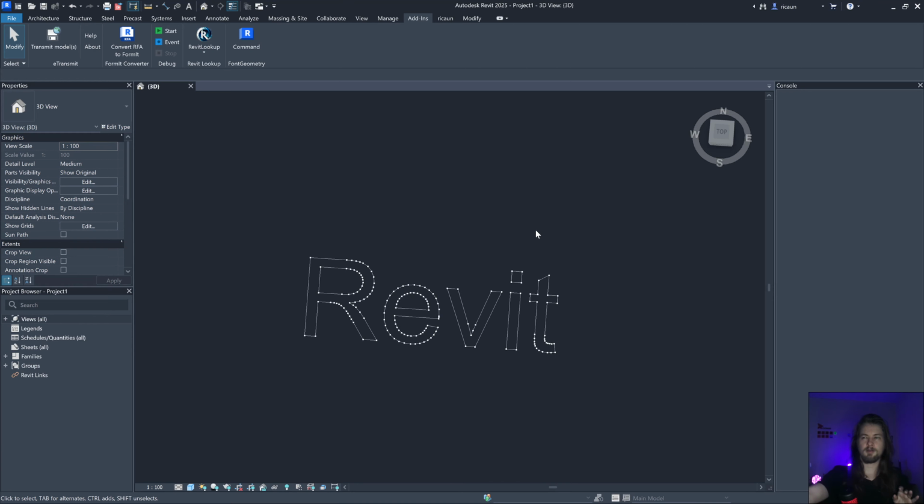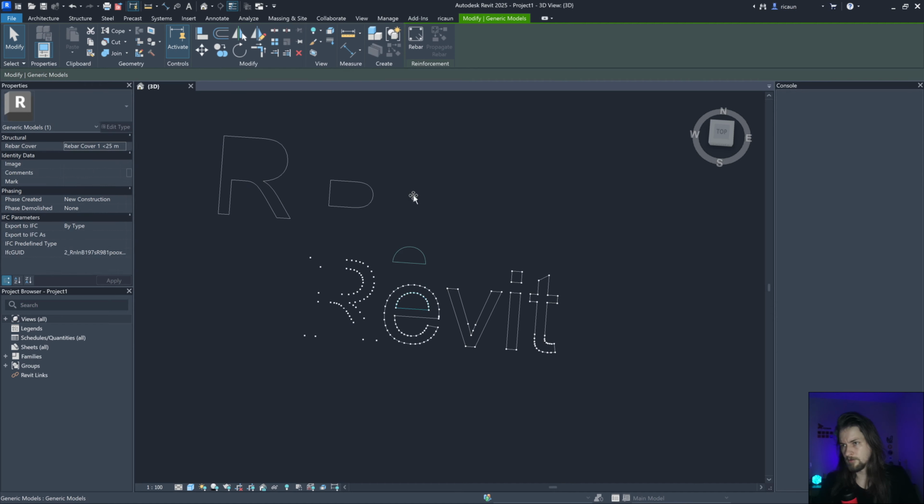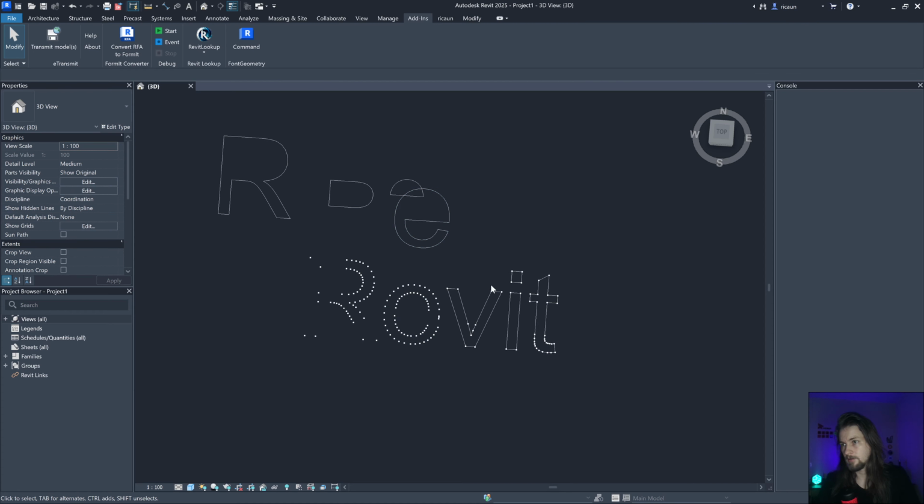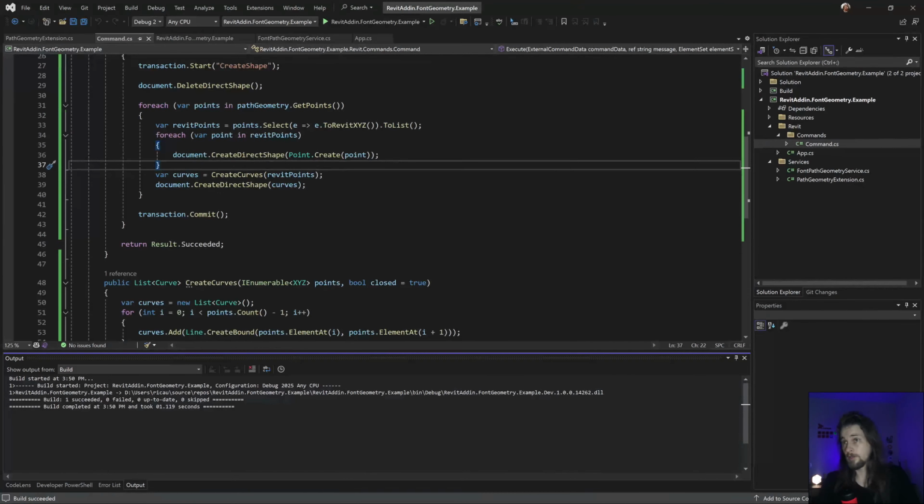So now we have that. This is a figure. This is another one. Pretty sure. Yeah, and this is gonna be another one, and this is another one. Yeah, you can see each one is connected points, and that's basically how this is working.